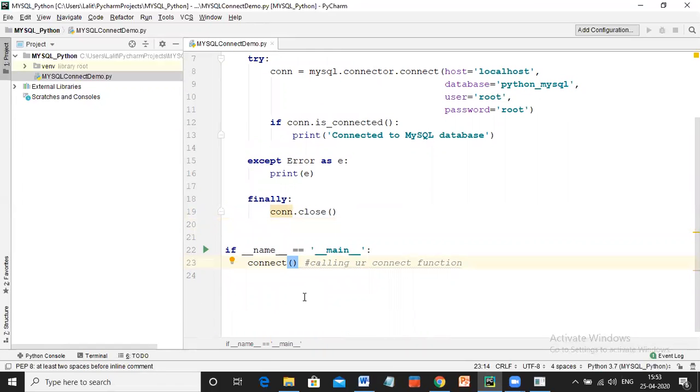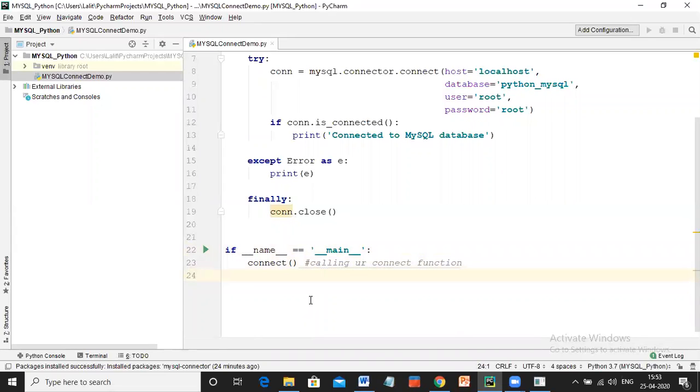You're calling your own function, but you have called it in the main method. You need to call this from the main method. So you have to write this, and this is a standard syntax. You can see there are a number of underscores: two underscores at the start, then the name, then two underscores at the end, double equal to, then single quote, two underscores at the start, two underscores at the end, and then close.